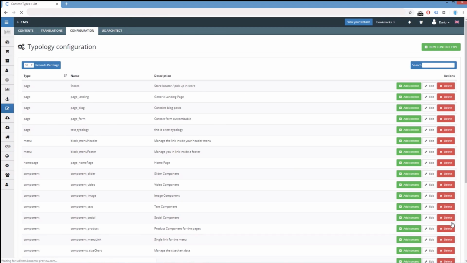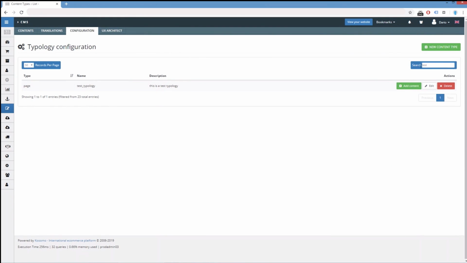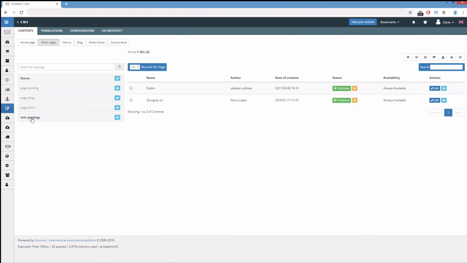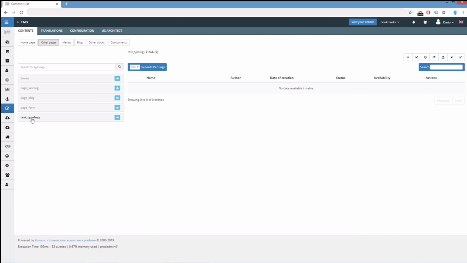And here in the typology list, we will find the new one, the test typology with the description we added. If we go to the Contents tab, we will find the new typology here as well. Here in this Contents panel, it's where we can find also the filters that we were talking about before, the